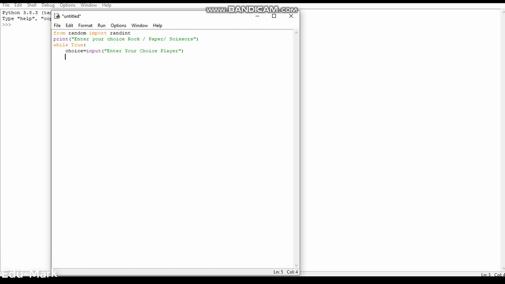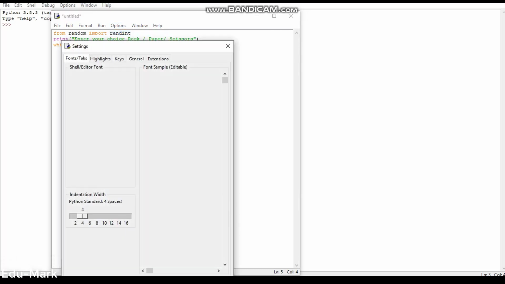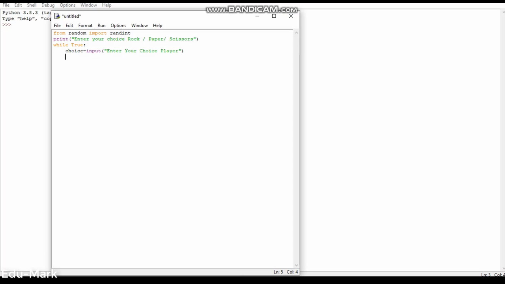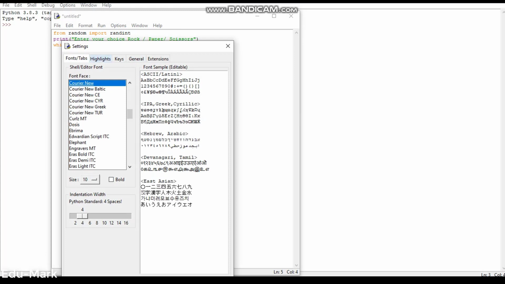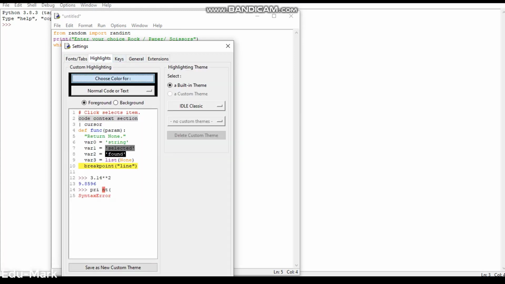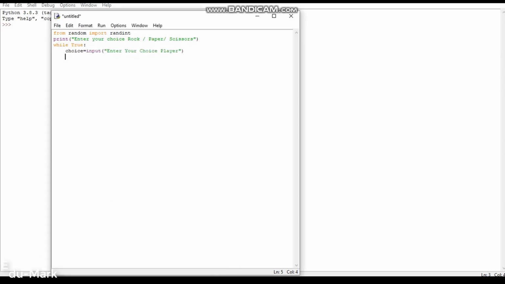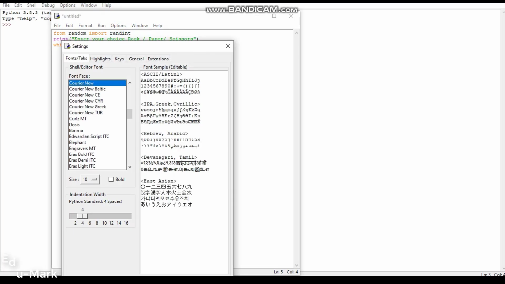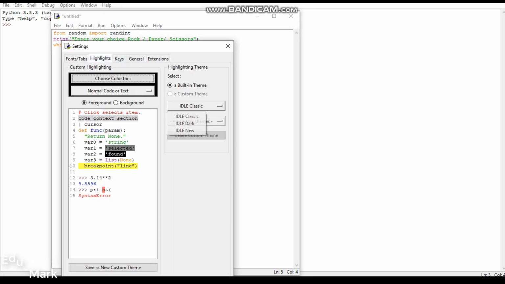Now you must be thinking, what is a variable, right? A variable is something known by a naming convention. It's a placeholder. For example, we take a name as John. John is the name of a person. Surname might be different, the face may be different, but the name remains constant. Similarly, over here we have created a variable known as choice. Values might be different, choices might be different, but we call it choice. And as soon as the person sends his or her choice, it's assigned to the variable choice.